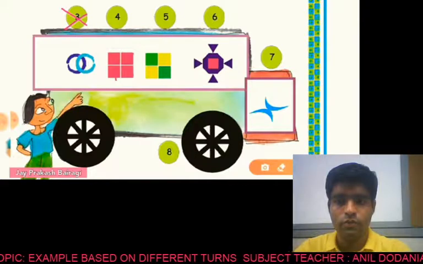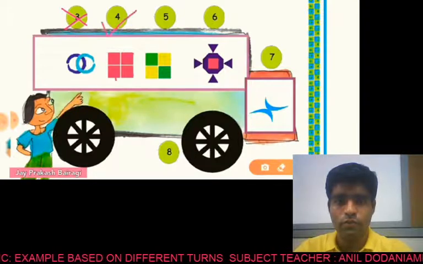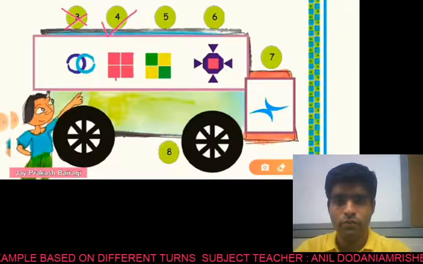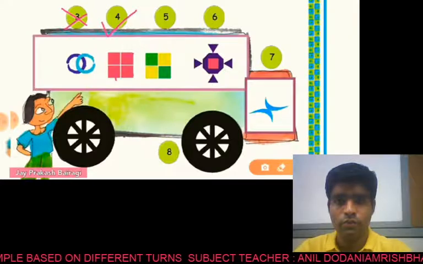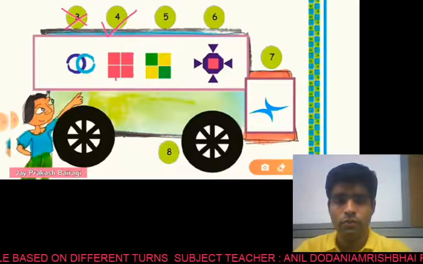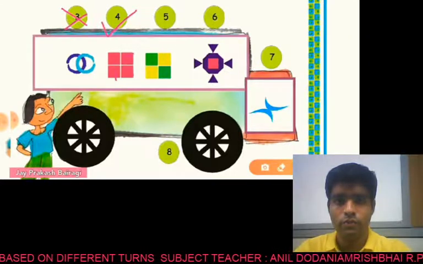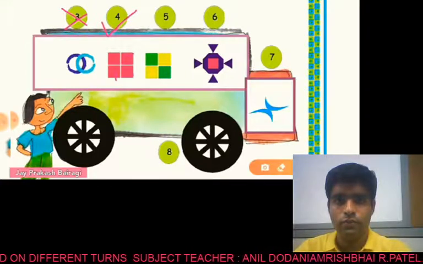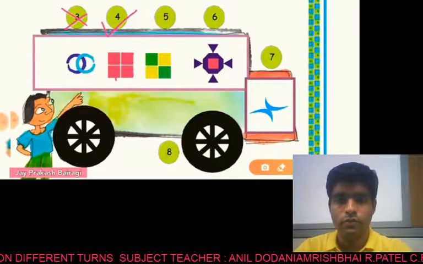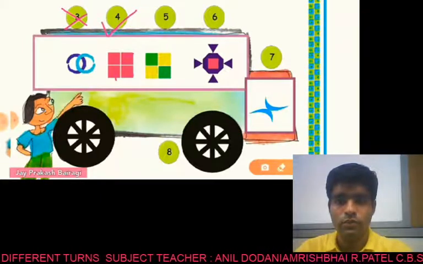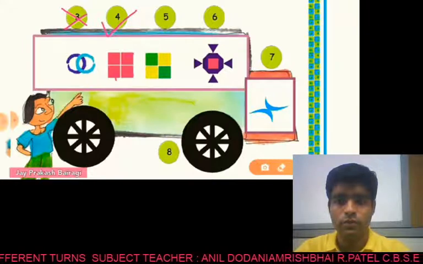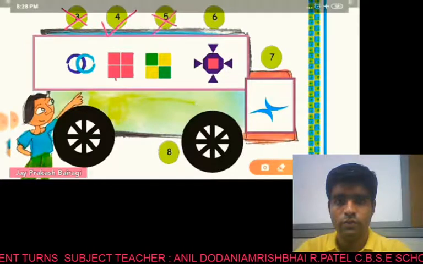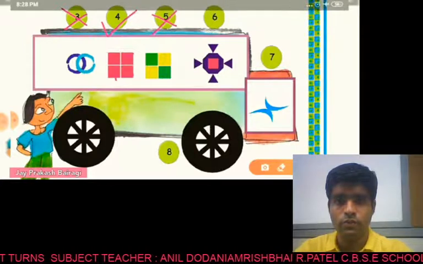So in 1/4 turn it will look the same. And now in half turn, yes, it will also look the same. So you cannot put a cross here. So 4 will be a tick. Now in the fifth picture you have another square but with different colors. So in 1/4 turn what will happen? The color will change. So it will not look the same in 1/4 turn, and in half turn it will also change. So here you will put a cross because in half turn it will not look the same.